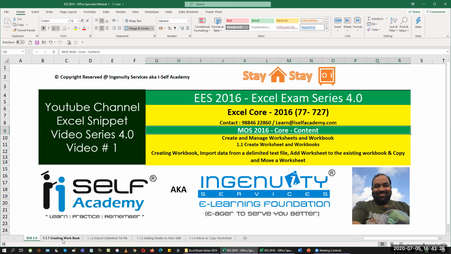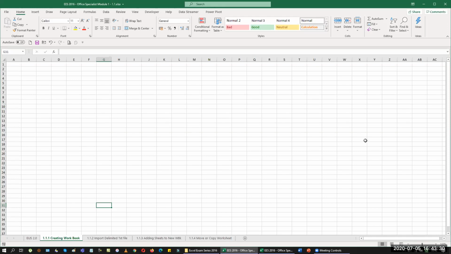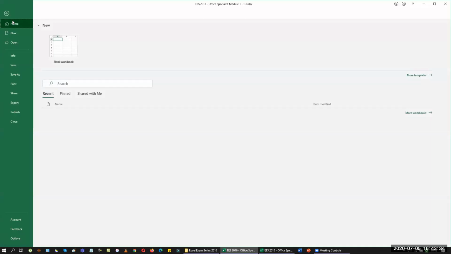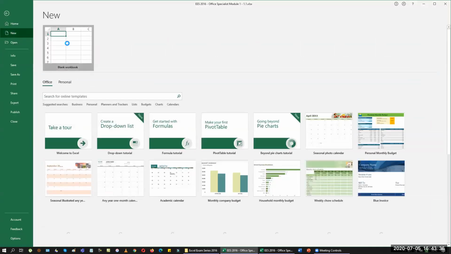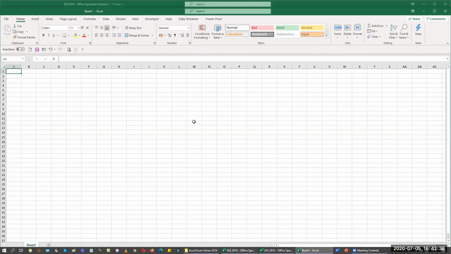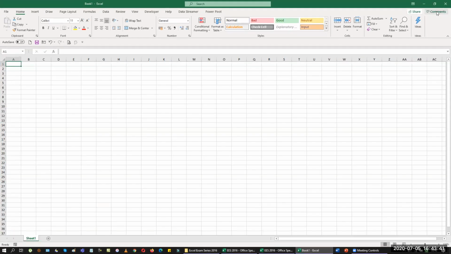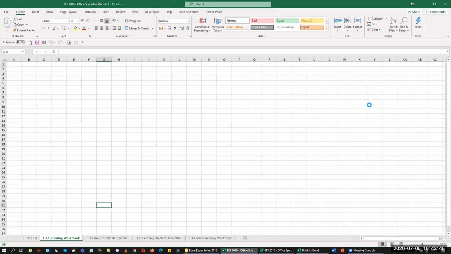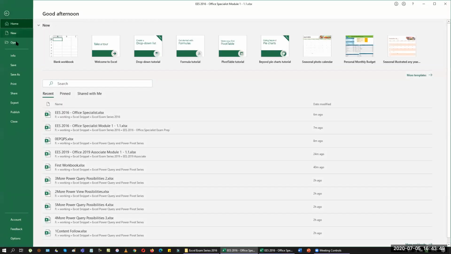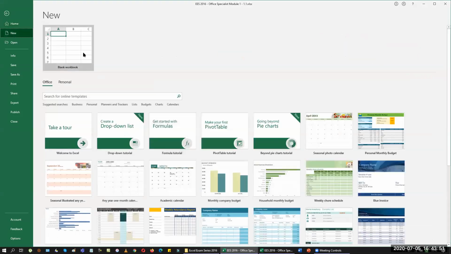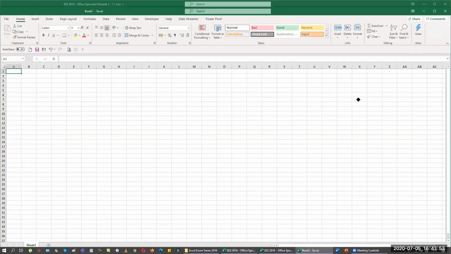They'll generally ask you to create a brand new workbook. So you can just go to File, add a new blank workbook, and then save it to the respective place where they ask you to save it. Probably they'll ask you to save it in a documents folder. Normally when you close an Excel sheet, it will go directly to a file location. So now I'm going to just save this.